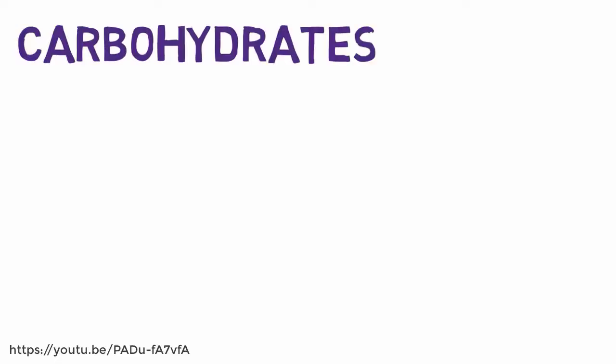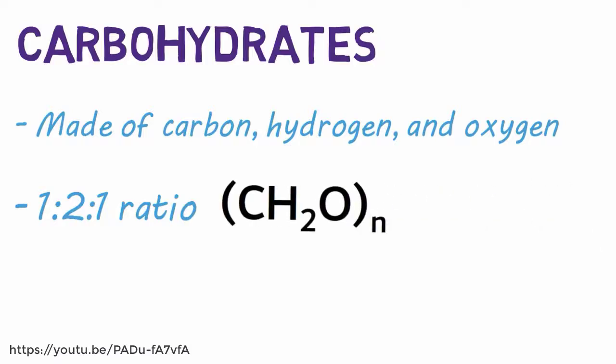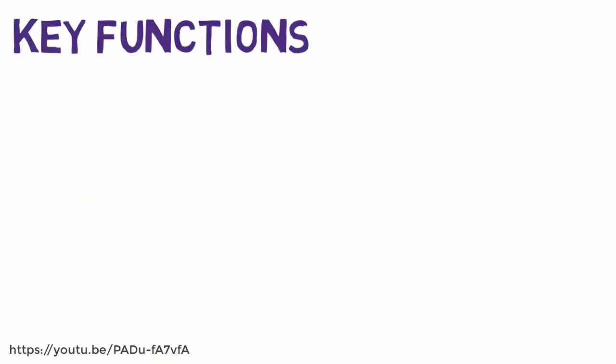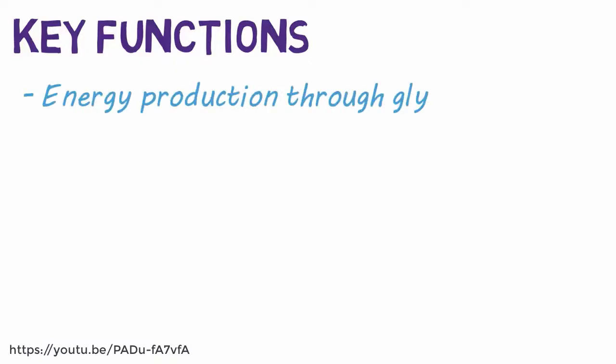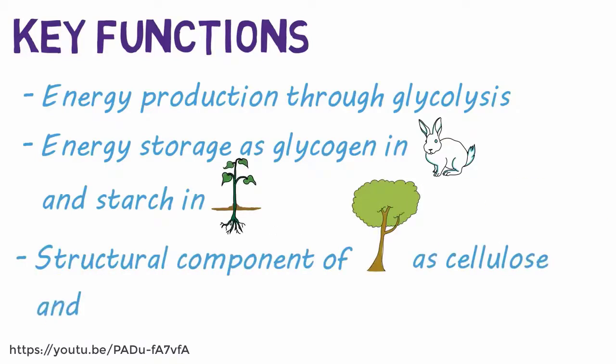Carbohydrates are a macromolecule made up of carbon, hydrogen, and oxygen in a 1:2:1 ratio. So there is 1 carbon for every 2 hydrogens and 1 oxygen in all carbohydrates. They are also known as sugars and have several key functions in living organisms: rapid energy production through glycolysis, energy storage as glycogen in animals and starch in plants, and a structural component of plants as cellulose and crustaceans and